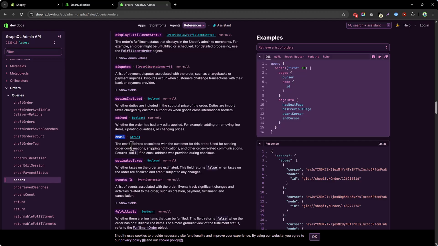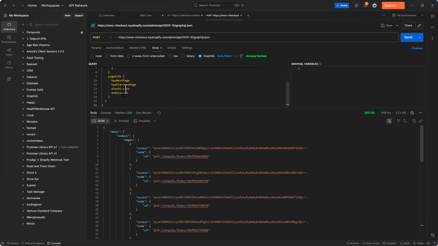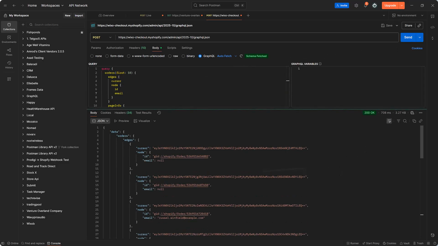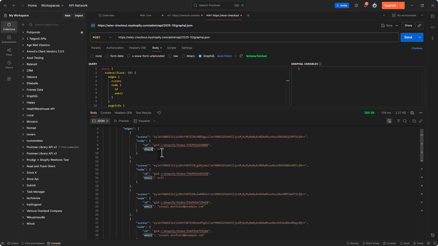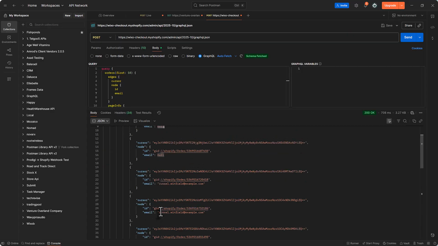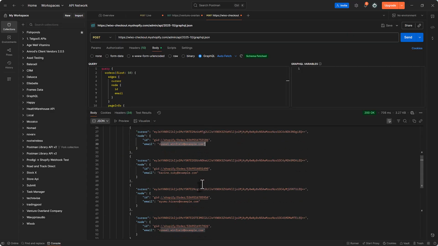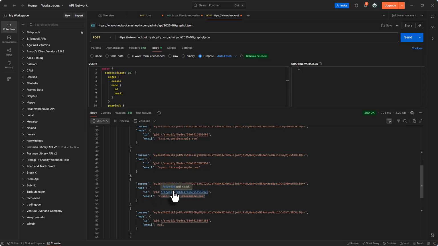Let's try to get the email of who has placed the order. So I'll type the email over here and send the request again, and most of them don't have any email, and some of them have this email address. So this is how you can make the queries by using Postman, and this is how you can